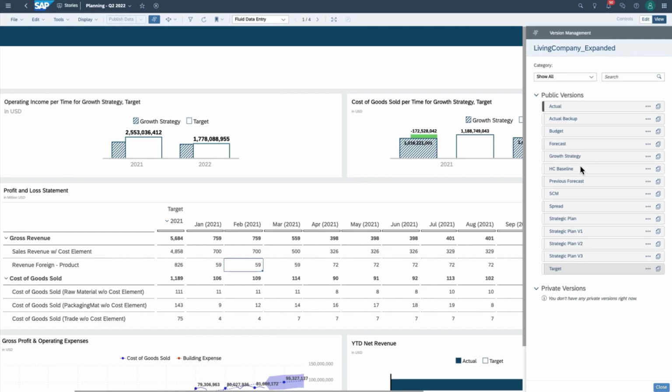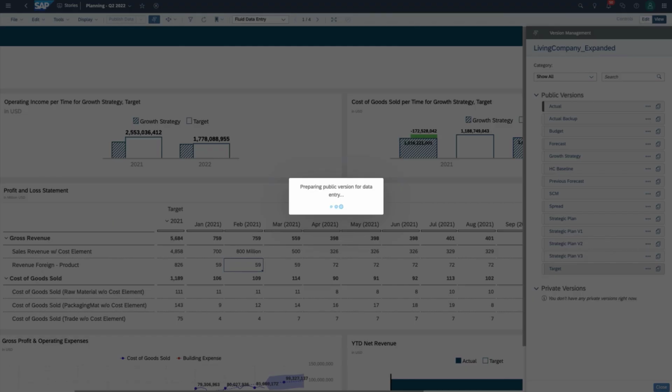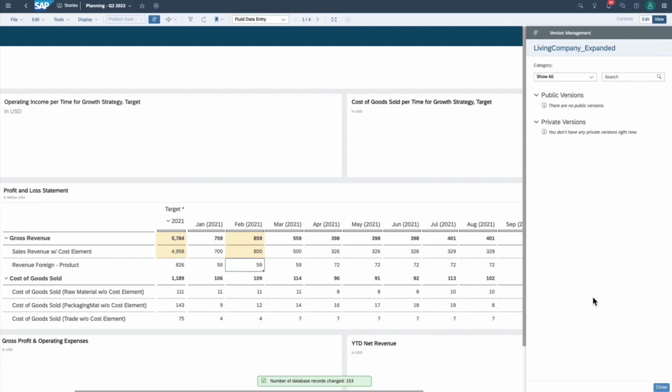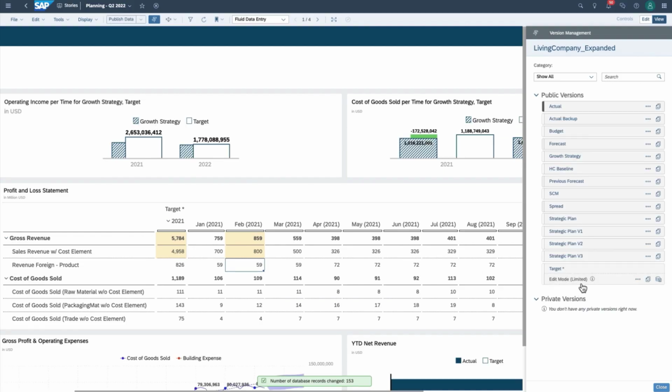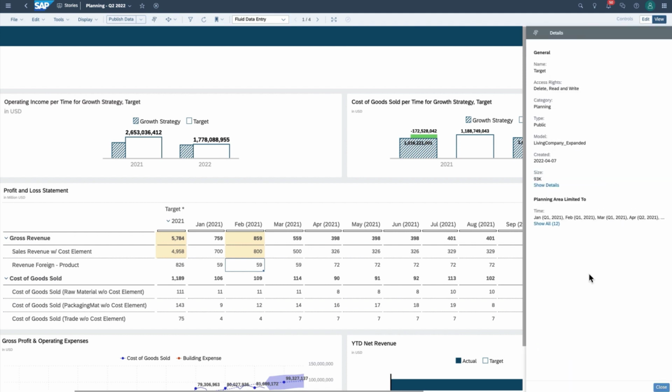Okay, here I've got my version management panel on the right, my target version. It's not in edit mode currently. If I make a change to February, changes to 800 million. Of course, what happens is the target version does go into edit mode. We'll see that the edit mode is limited. Of course, that's because I have a planning area defined. What I can do at this point is if I click the three dots and I click the details, I'll